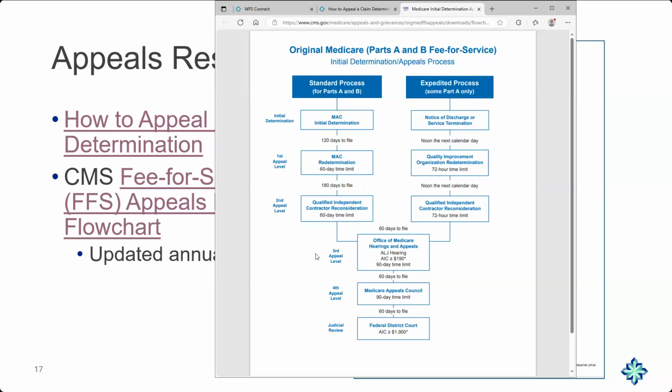And you can see this goes on to talk about the third level of appeal, the fourth level of appeal, and then the final and fifth level of appeal, which is federal district court. Remember that I mentioned to you those amounts in controversy for levels 3 and 5? You can find that information on this appeals flowchart. It is right here. You can see for the third level of appeal, the ALJ hearing, the amount in controversy is greater than or equal to $190. So that has to be the threshold amount that's in dispute over that claim line or claim that